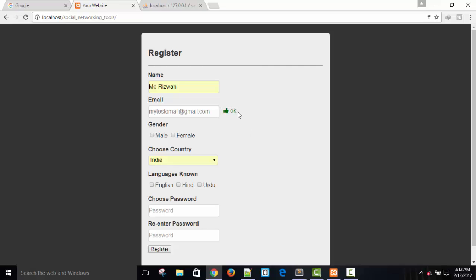And I will show you the validation, how we can validate the user input fields. There is some kind of regular expression to validate the username and to validate the email. First of all, I will